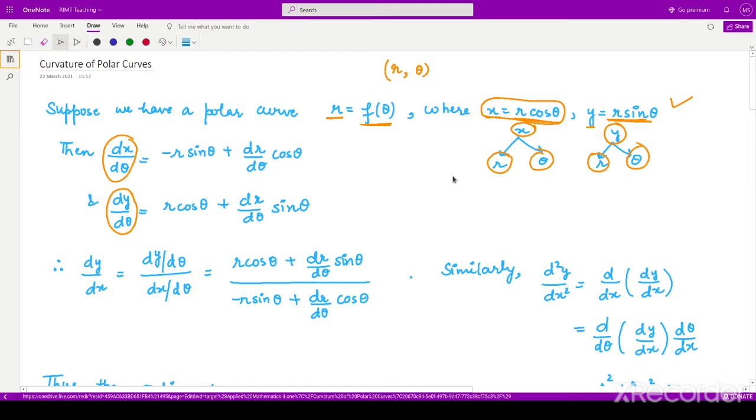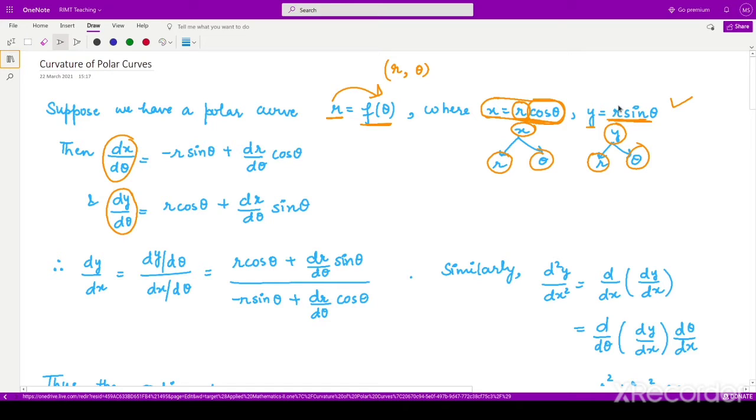theta. So now r is a function of theta as well. r is a function of theta. So when you differentiate with respect to theta, you have to apply the product rule here, because r is a function of theta and theta itself is a function of theta. So firstly we'll keep r as such, the derivative of cos theta, that is minus sin theta, and then we'll take the derivative of r, that would be dr by d theta, and then cos theta as such.